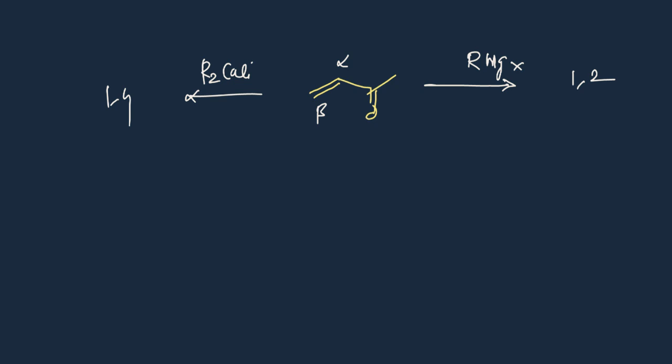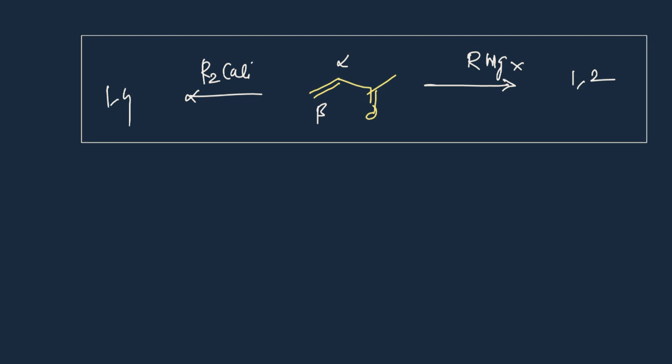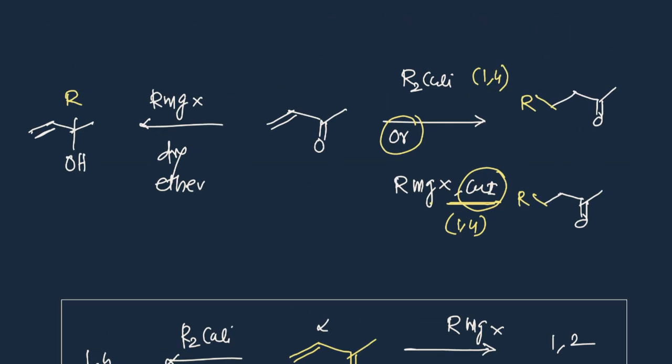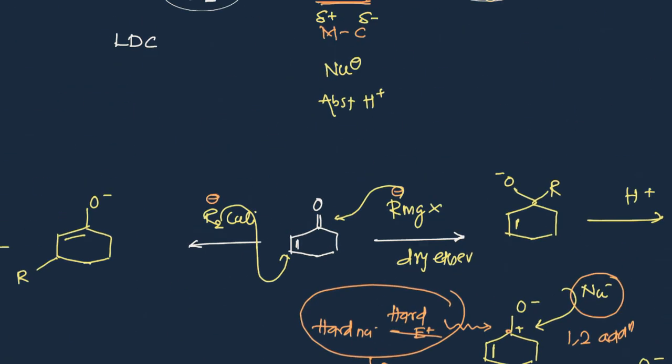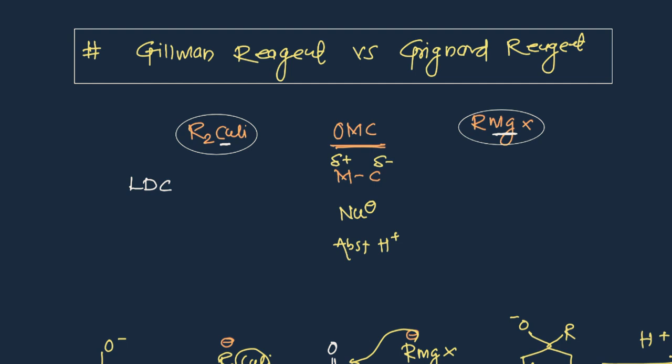So there are some controversies, or there are some rules, particularly. Whenever there is crowding, it is difficult to attack there. But in a simple way, the Grignard and Gilman can be differentiated using these two simple reactions. So I hope you get this point. This is very important and a very basic phenomenon in the reagents family.